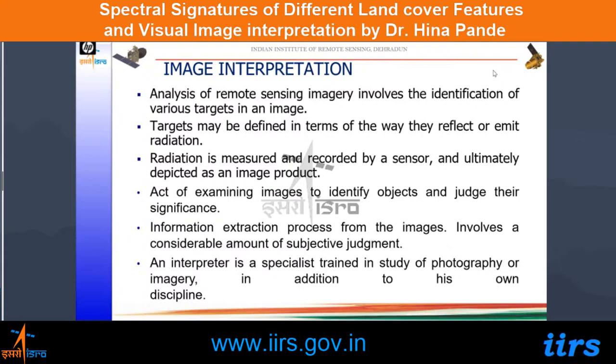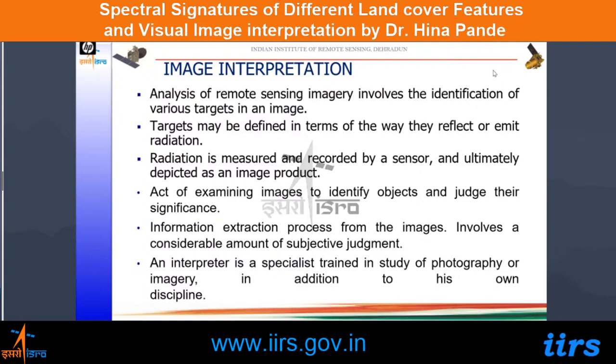Usually we see gray signatures all around, and different kinds of targets will reflect or emit in different ways in different regions of the spectrum. So as an interpreter, we need to be aware of the characteristics of the electromagnetic spectrum and how land cover classes will behave when these radiations interact with them, and we see this product in the form of a